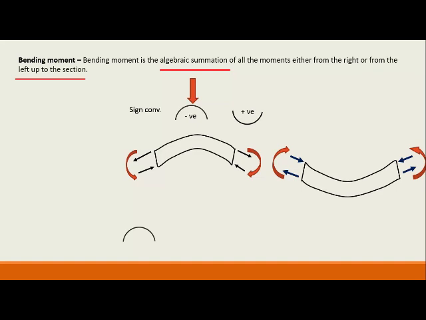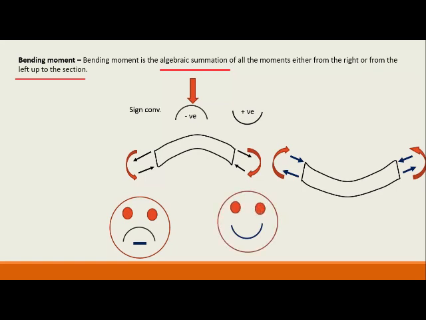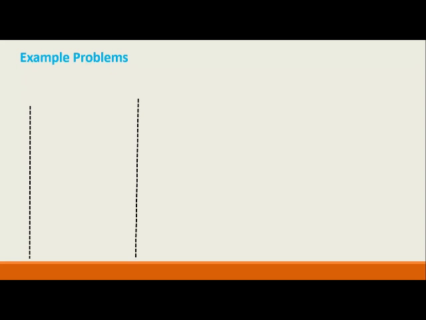So let us see how the hogging moment is negative. In childhood, we used to mix up which one is positive and which one is negative. So the hogging moment, which looks like a sad face, we have to exclude from life and it is considered negative. Whereas the sagging moment looks like a smiley face and we want to add it to our life. Thus the sign convention can be memorized. Let us come to the example problem.